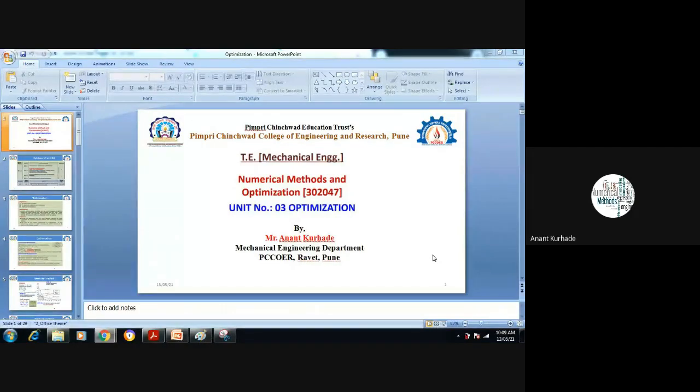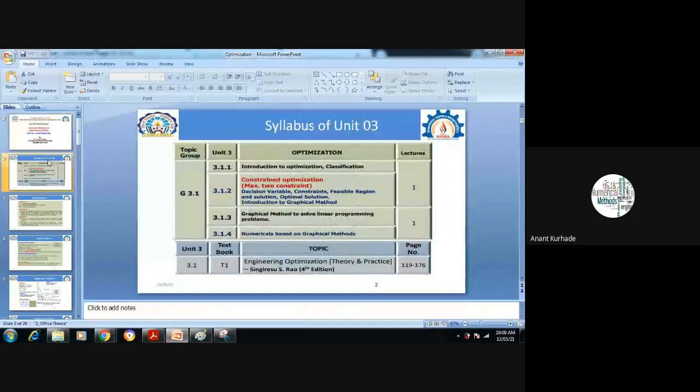In those two lectures, we have studied what is optimization, and then what the different types of optimization are. There are two types of optimization: constrained and unconstrained. Constrained means the problem has limitations or difficulties, and unconstrained means the problem has only an objective function. What is meant by objective function? Objective function is our aim or purpose, what we are doing. There are only two objectives: one is minimize and one is maximize. When you find maximize, always think about profit. When you find minimize, always think about loss, how to minimize the loss.